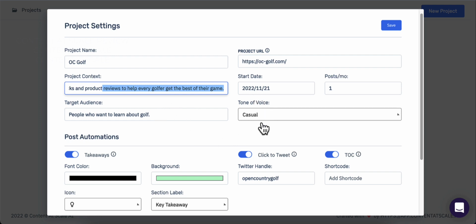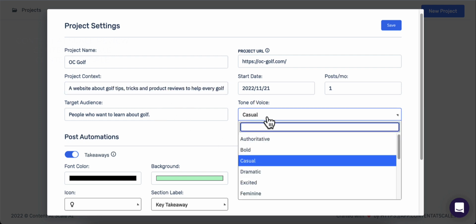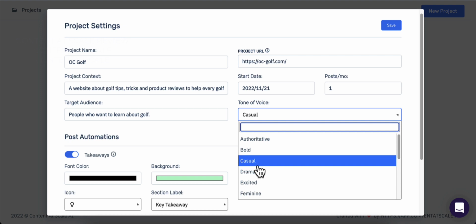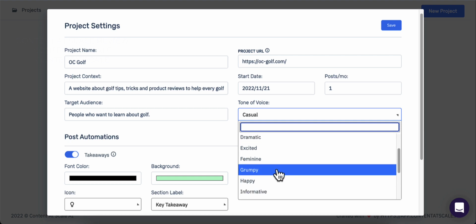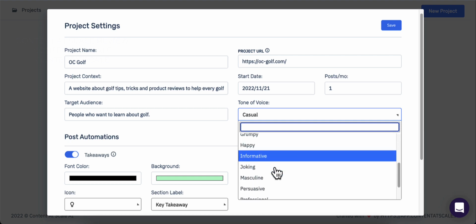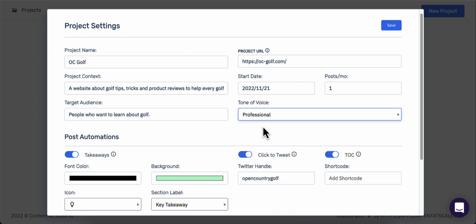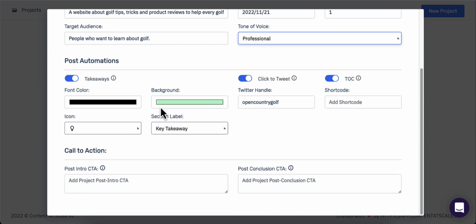And tone of voice, you can do a lot of tones of voice here. You can do authoritative, bold, casual, dramatic, excited, grumpy, happy, informative, joking, masculine, professional. I'm going to switch it to professional. I had it on casual, but I'm going to go ahead and switch it to professional.